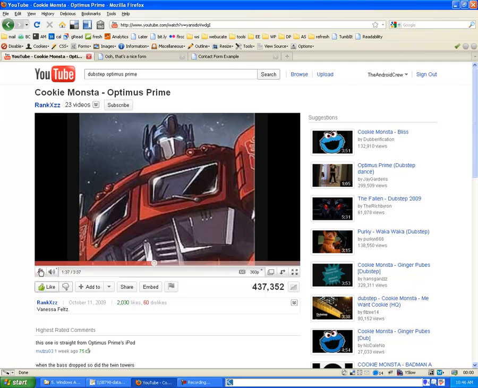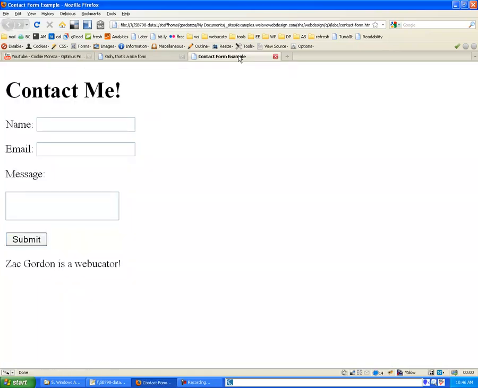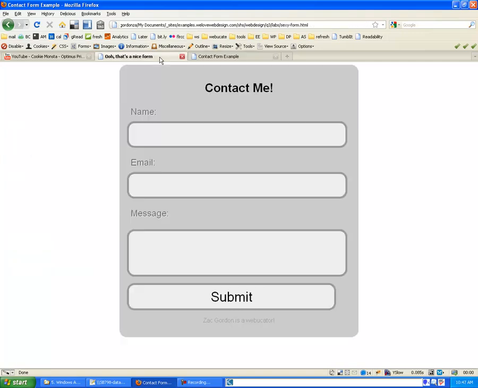Alright, what's up web design? We're coming to you here with our second day of working on forms from the third quarter. What we finished with last time was a basic contact form. We learned how to use the label tags, the input fields, text area, and our submit button. We were able to type something into the name, submit it, and see that change reflected up in the URL structure, and that is correct. So what we're going to look at today is how to take this and apply some basic styling